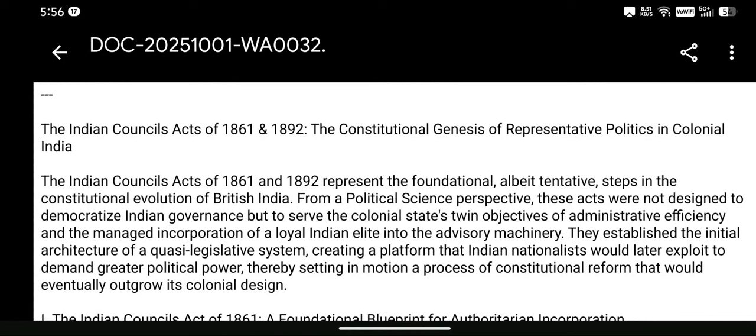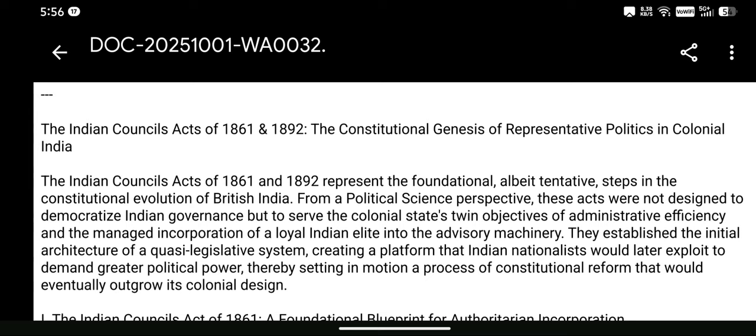The Indian Councils Act of 1861 and 1892. It's a new topic. We'll cover it from the political science perspective mainly, and from a college-level viewpoint, but